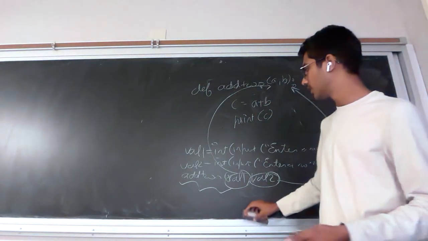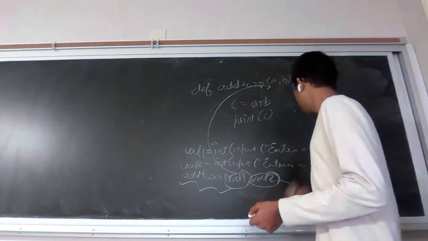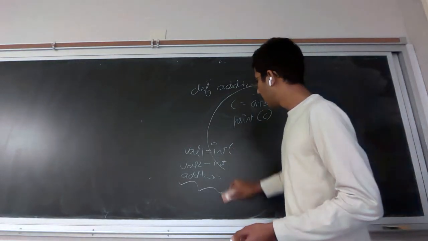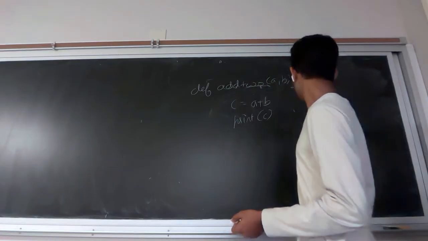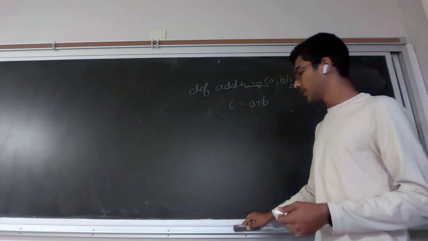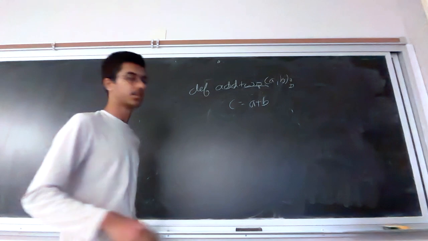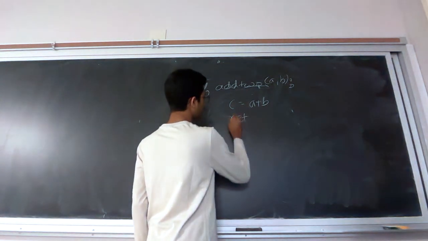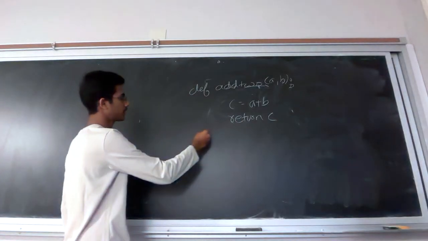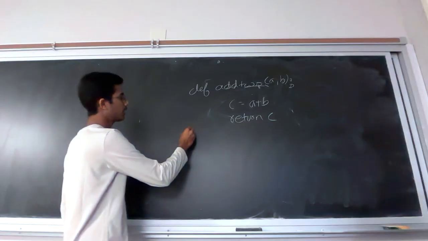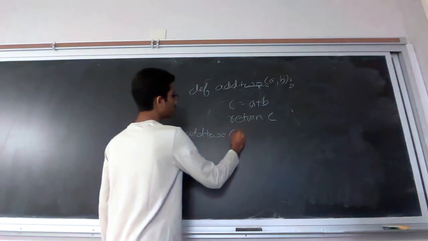Let's say now that I have some values, and I don't want to print them. I want to save them to a different variable. Well, the way I would do that is I have my function header here. I have c is equal to a plus b. Now I'll say return c. And in my main part of the program, I'll write add2 a,